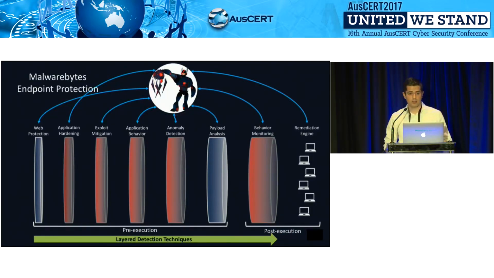We think that they do provide some limited value, but especially when used in conjunction in a defense in depth strategy. So the first layer we employ is a layer we refer to as web protection. This is a curated list of threat intelligence URIs and IPs we know to be serving bad content. We're curating this on a 0-hour basis from approximately 100 million endpoints connected to our consumer product. Underneath that, we have an application hardening layer.